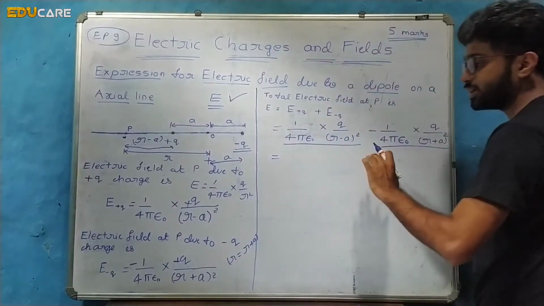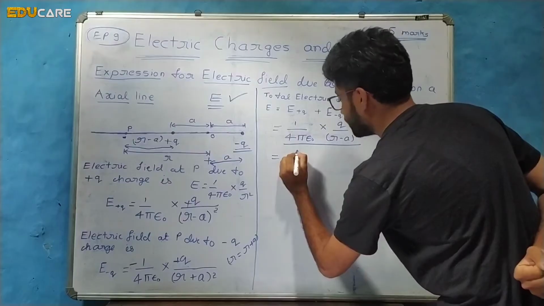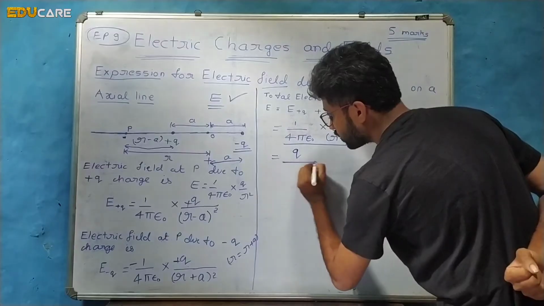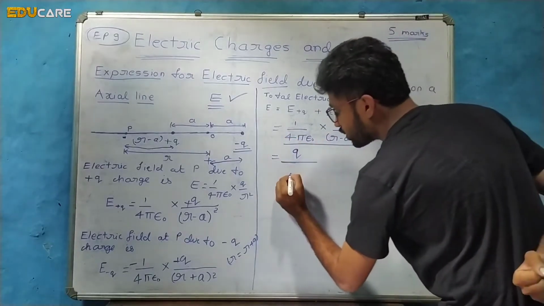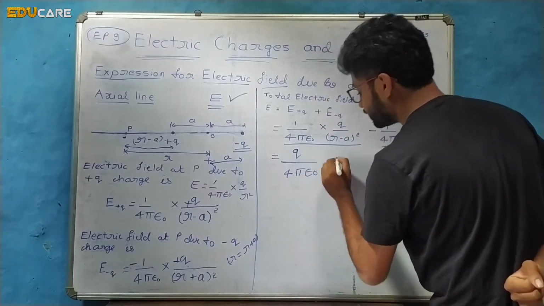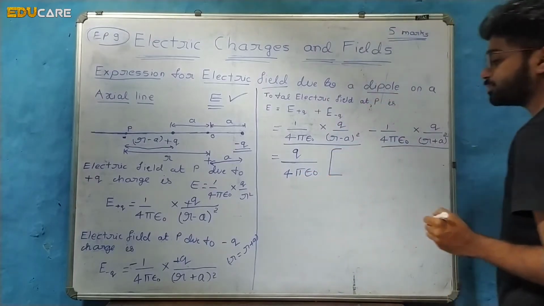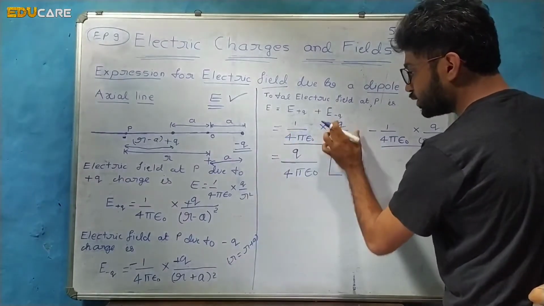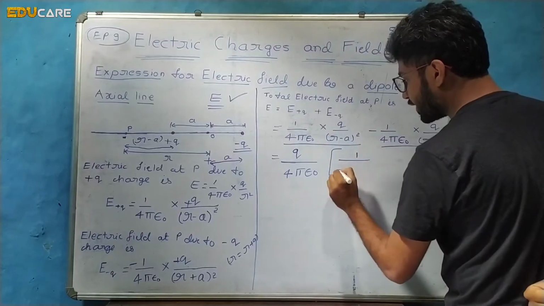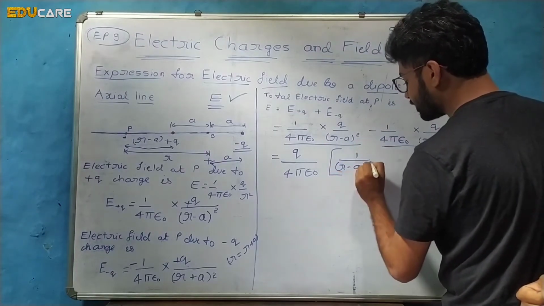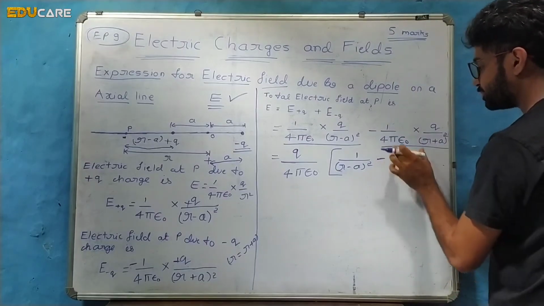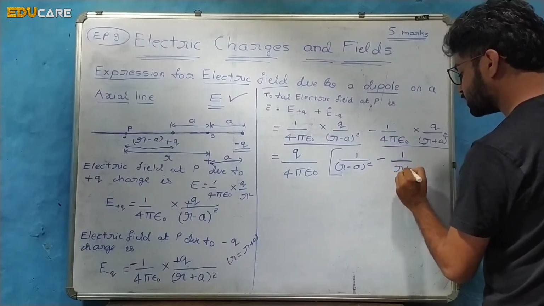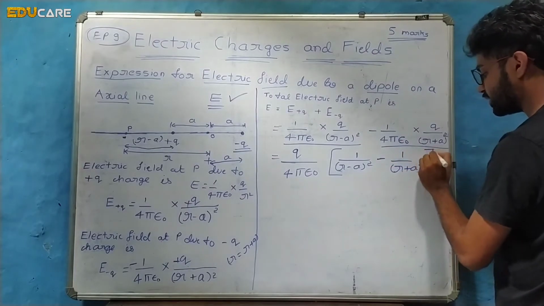Now what is common in this, take it outside, which can be written as Q is common in both the terms. So and another one is 4 pi epsilon naught. 4 pi epsilon naught. Let me draw a bracket. Now what happens, what remains, in this part 1 upon 4 pi epsilon naught into Q has come outside. What remains, 1 divided by R minus A square with and minus sign, and here 1 upon R plus A square. I think it's clear now.